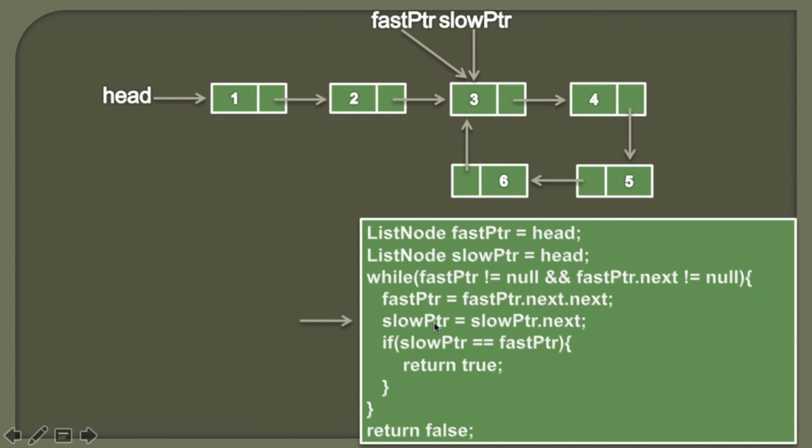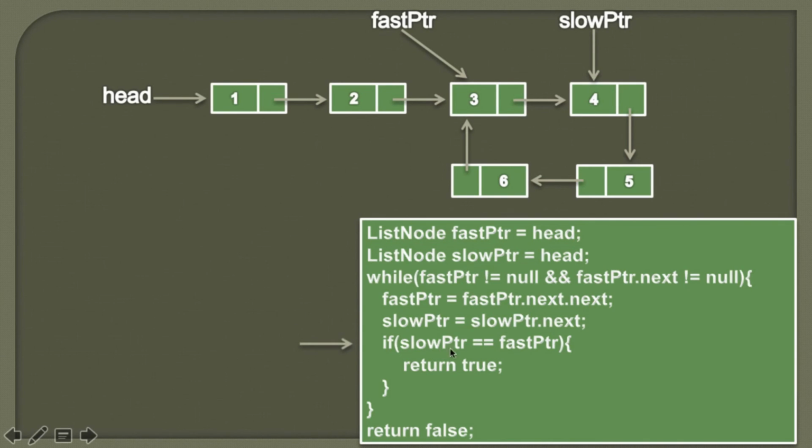Now here we are simply traversing slow pointer by 1 position by assigning slow pointer next value to slow pointer. So slow pointer is pointing to the 3rd node and its next is pointing to the 4th node. So we are simply traversing it by 1 position. So it would look something like this. Moving ahead,